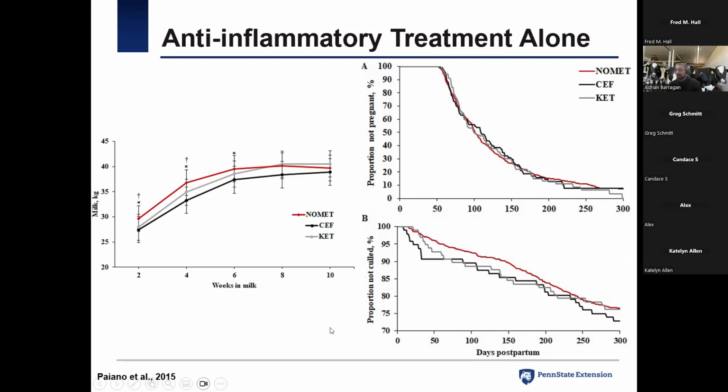Which is very promising, because when we think about the issues of overuse of antibiotics and antibiotic resistance, and the whole dilemma that we have in this area, anti-inflammatory treatment alone as an alternative strategy for metritis, if proven to be effective, would be a really valuable tool to have, right? Now we have to see what anti-inflammatory drug we can use, right?